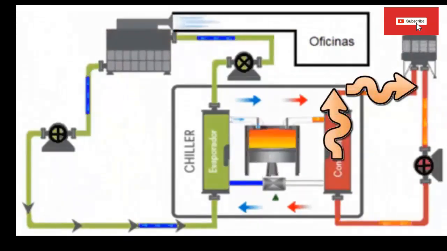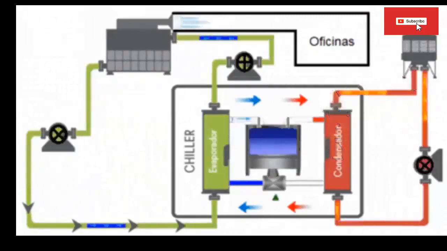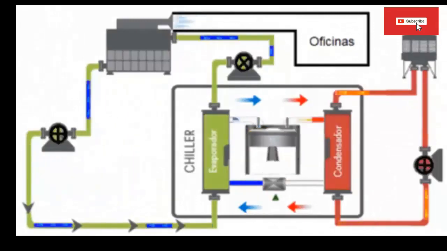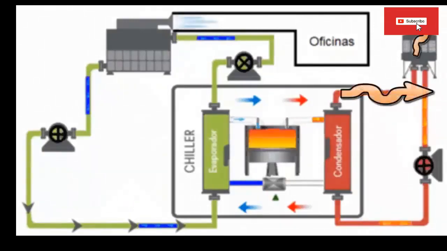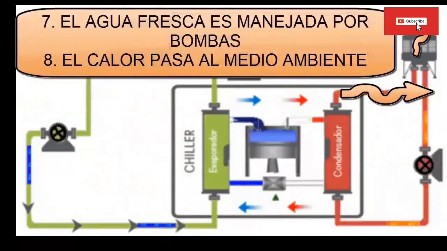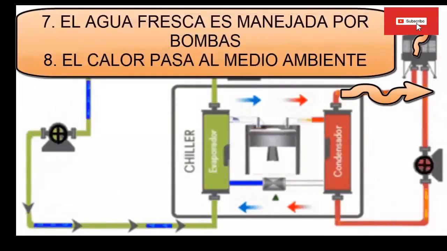Step 7. The fresh water is in one pipe, and the refrigerant is in another, so they never mix. The fresh water with the heat of the people is carried by the pumps back to the cooling tower. Step 8. Since the water in the cooling tower is hotter than the ambient air, it passes heat from people